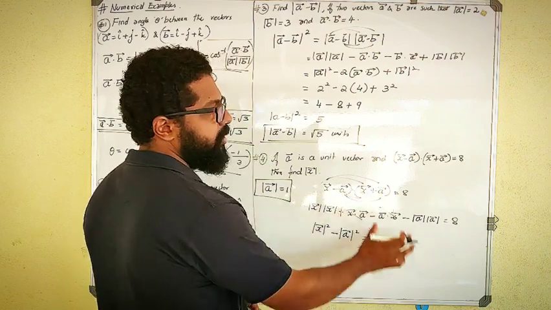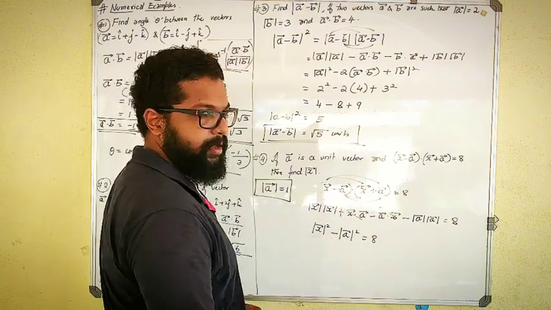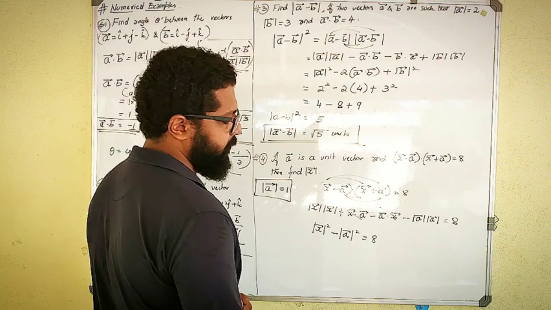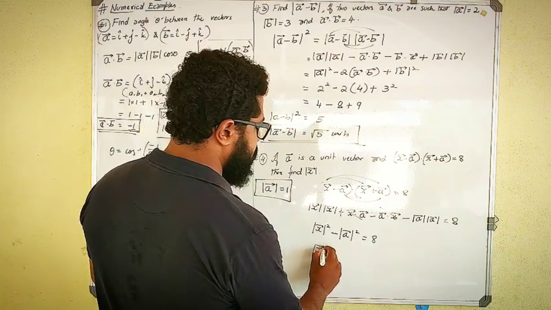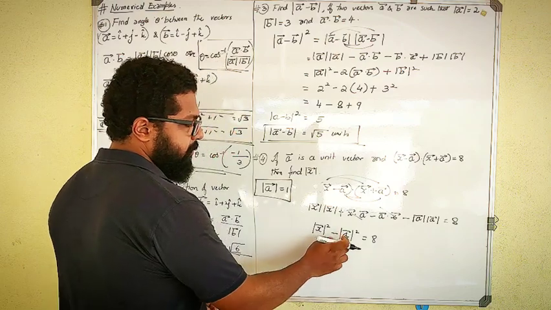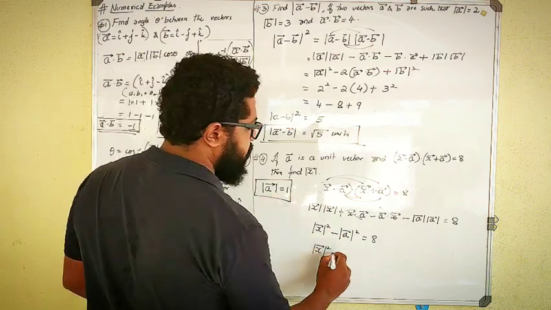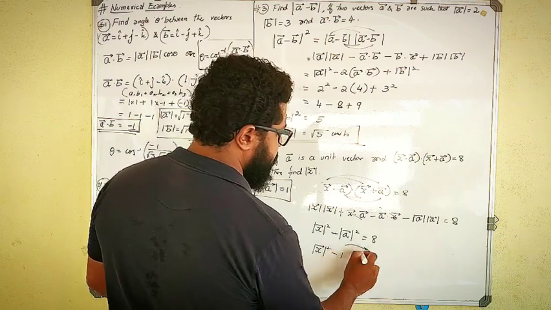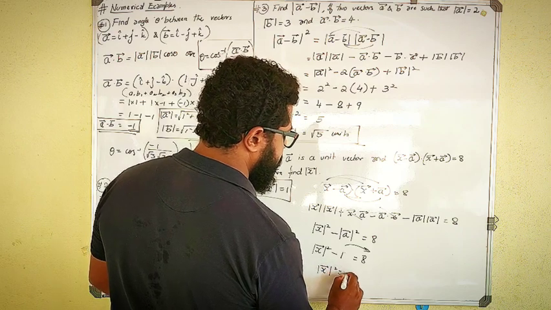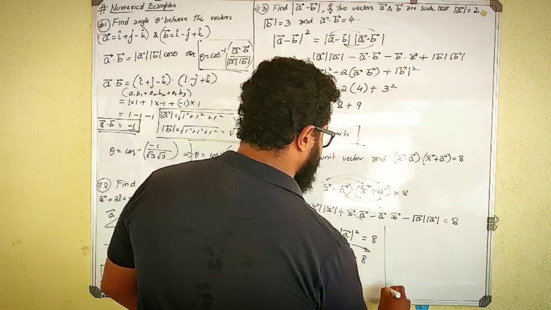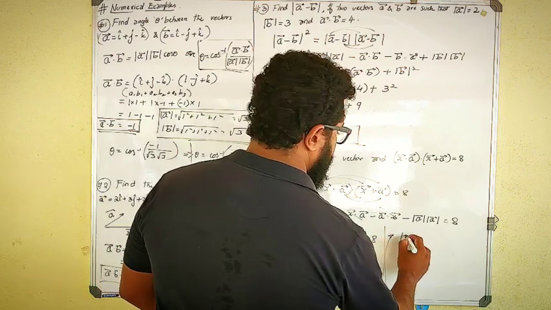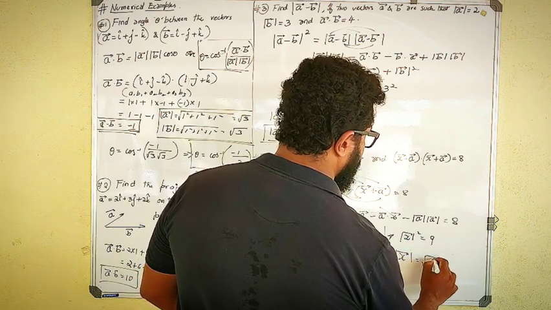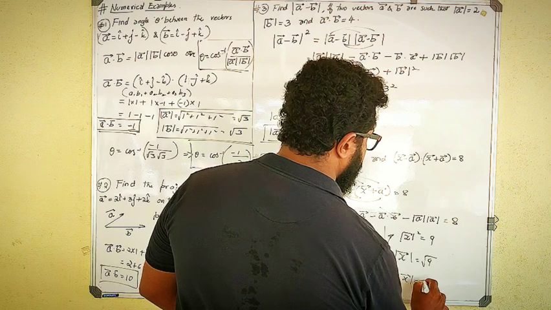This is the same as my A plus B into A minus B formula, that is A square minus B square. But you need to write it as magnitude of x vector square minus magnitude of A vector square. So x vector square, let it be as it is because I don't know what it is. But magnitude of A is given to me as unit vector, therefore it will be 1 square, which is 1 itself. Shift the 1 to the other side, it becomes magnitude of x square is equal to 8 plus 1, which means magnitude of x square is equal to 9, which is magnitude of x is equal to root of 9. Magnitude of x is equal to 3.